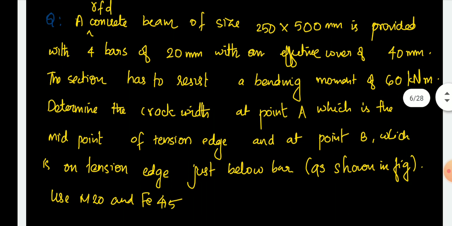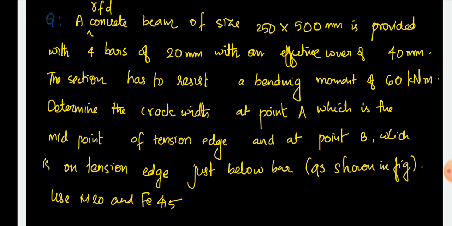Then let's discuss this with an example. Take down the question. A reinforced concrete beam of size 250 mm by 500 mm is provided with 4 bars of 20 mm with an effective cover of 40 mm. The section has to resist a bending moment of 60 kN meter. Determine the crack width at point A, which is the midpoint of tension edge, at point B, which is on the tension edge just below the bar as shown in the figure. Use M20 and Fe415 grade